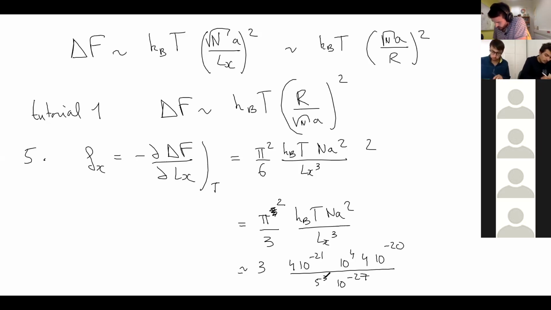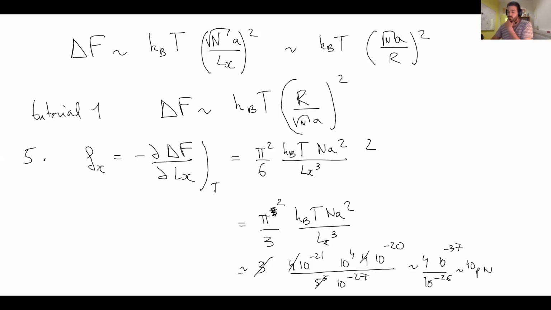5 to the 3 is something like 100. So 3 times 4 is 10, and 10 over 100 is 1 over 10. So 10 to the minus 26, and then 10 to the minus 41. So this is 40 pico. All right, so we end up with a 40 piconewton force,